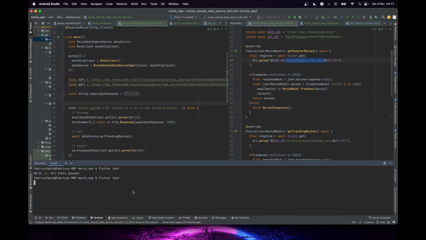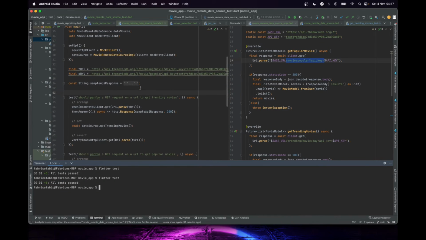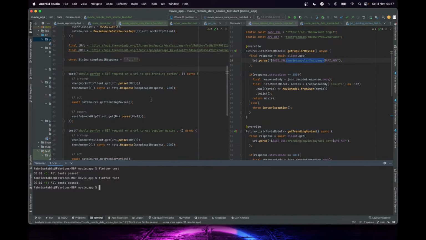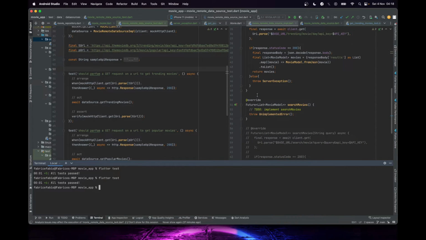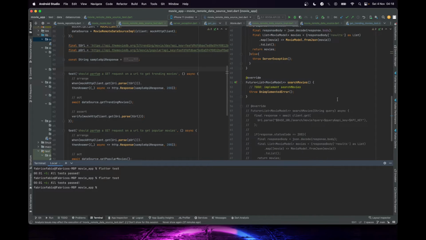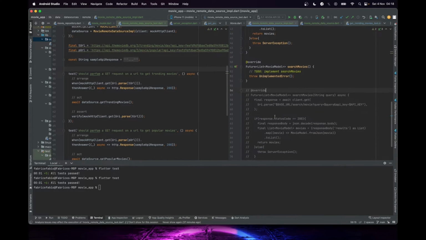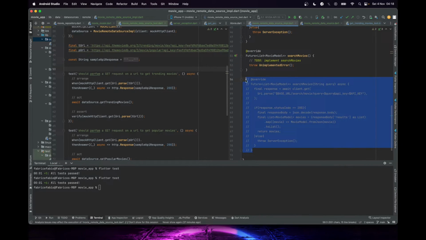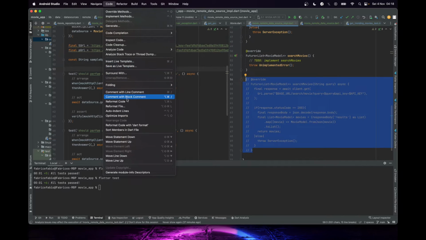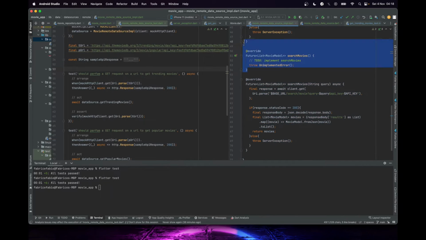So let's just run and see if everything is good. Now all our tests are great. Now we are going to do the same with search movie. So let's do it. We are going to just uncomment our first code. If you remember, first I just need to,